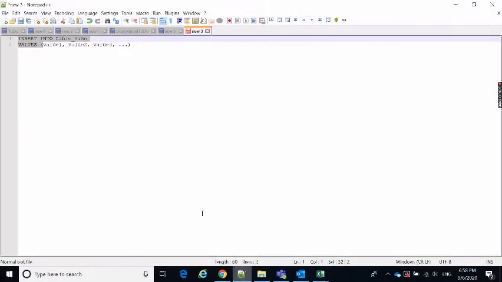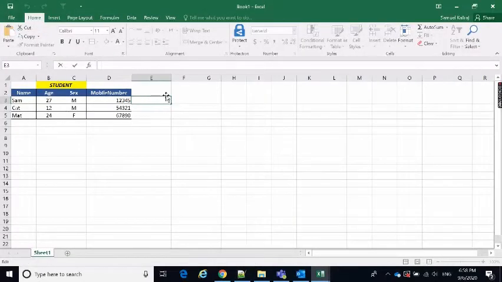So what is the basic syntax for the insert SQL statement? This is the one: insert into table name, values, and what are all the values. So now we are going to generate this statement with the data in the Excel by using the Excel function, that is our concatenate function. Concatenate, so this is the syntax. It will accept 2 or many characters, but a minimum it needs 2 arguments.